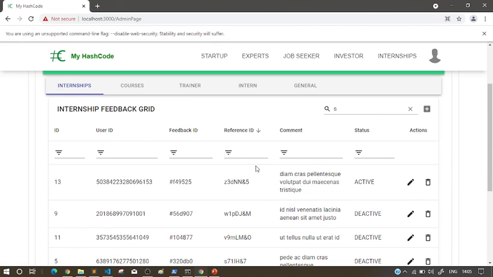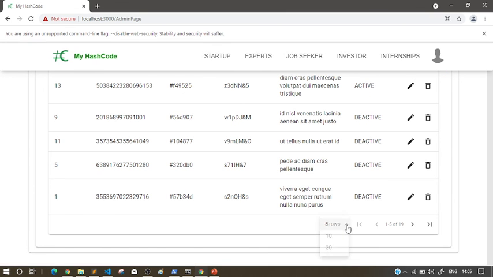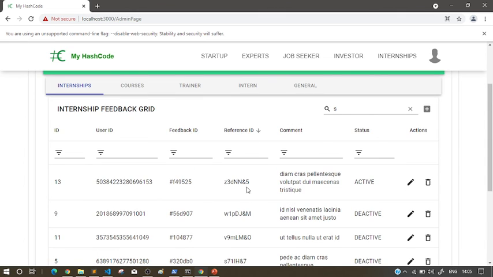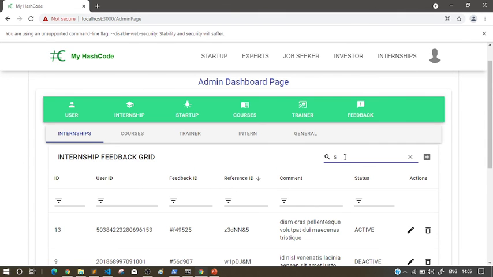You can show 5 rows or 10 rows depending on you, and you have pagination here. You can go to the next page, last page, or wherever you want. So this is all the demo.